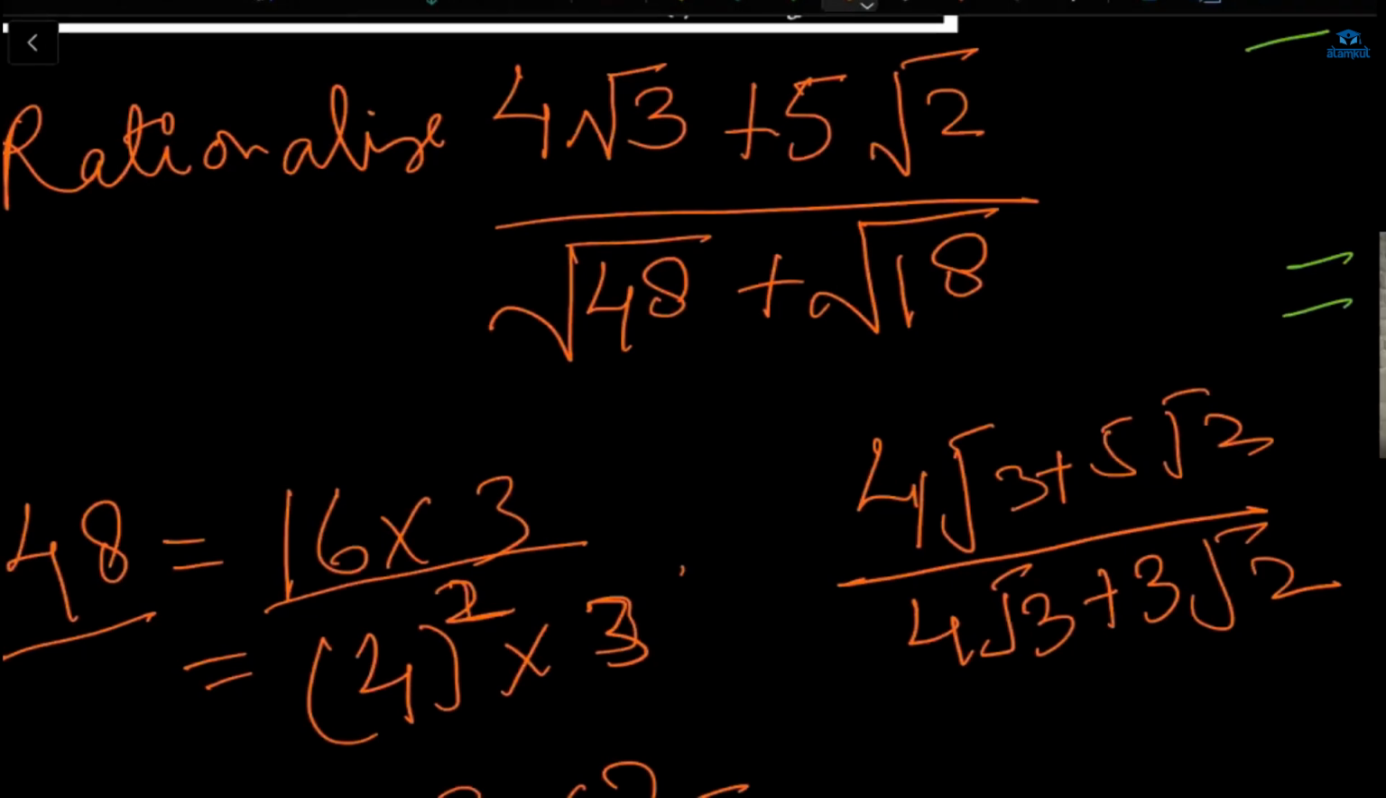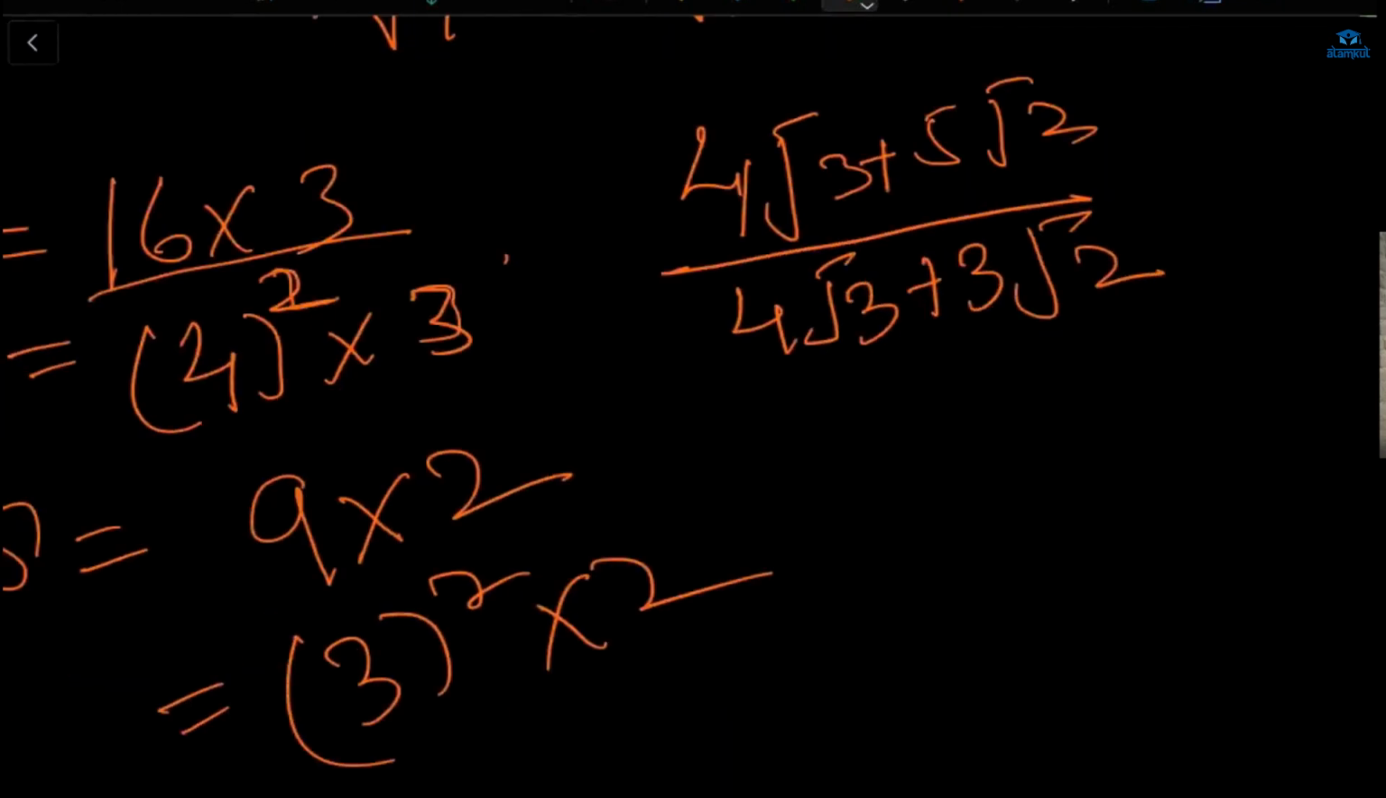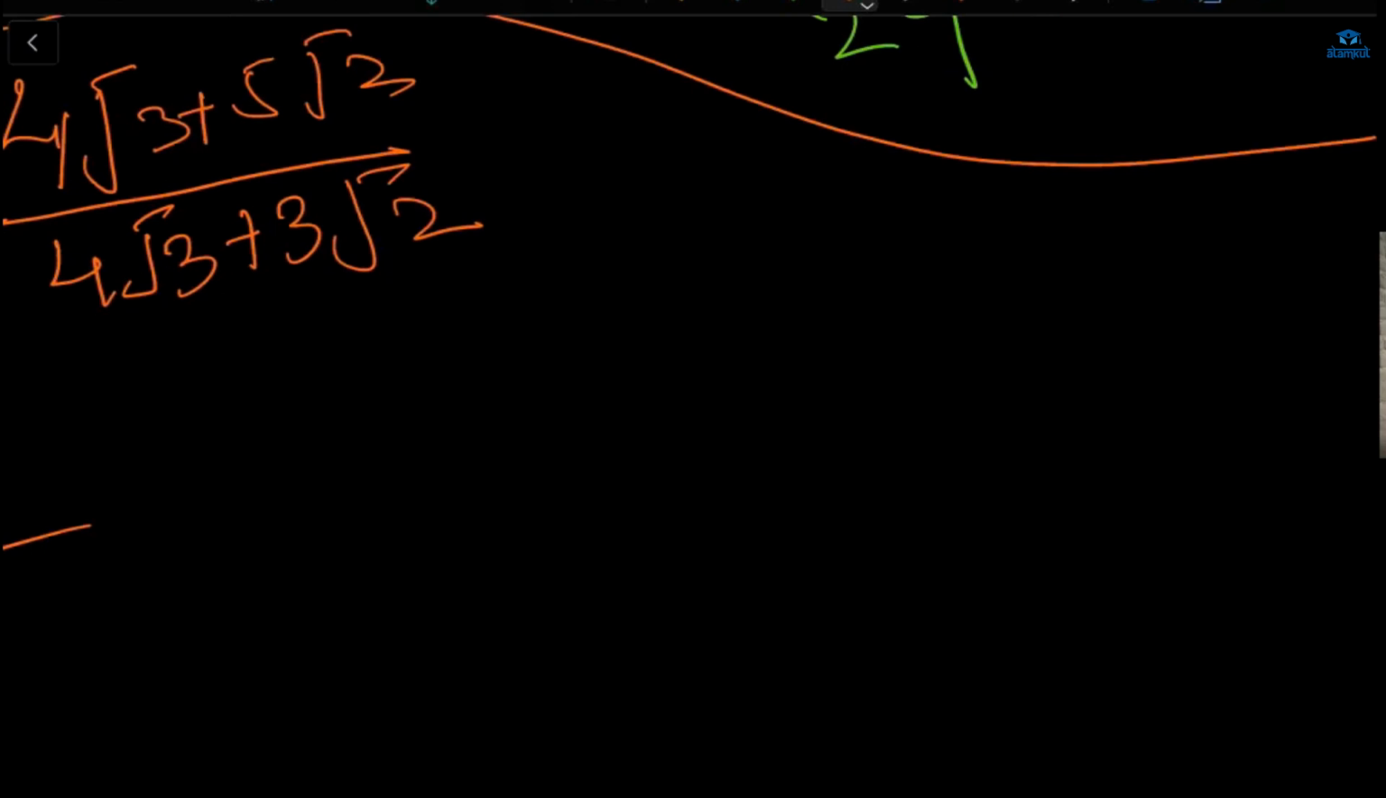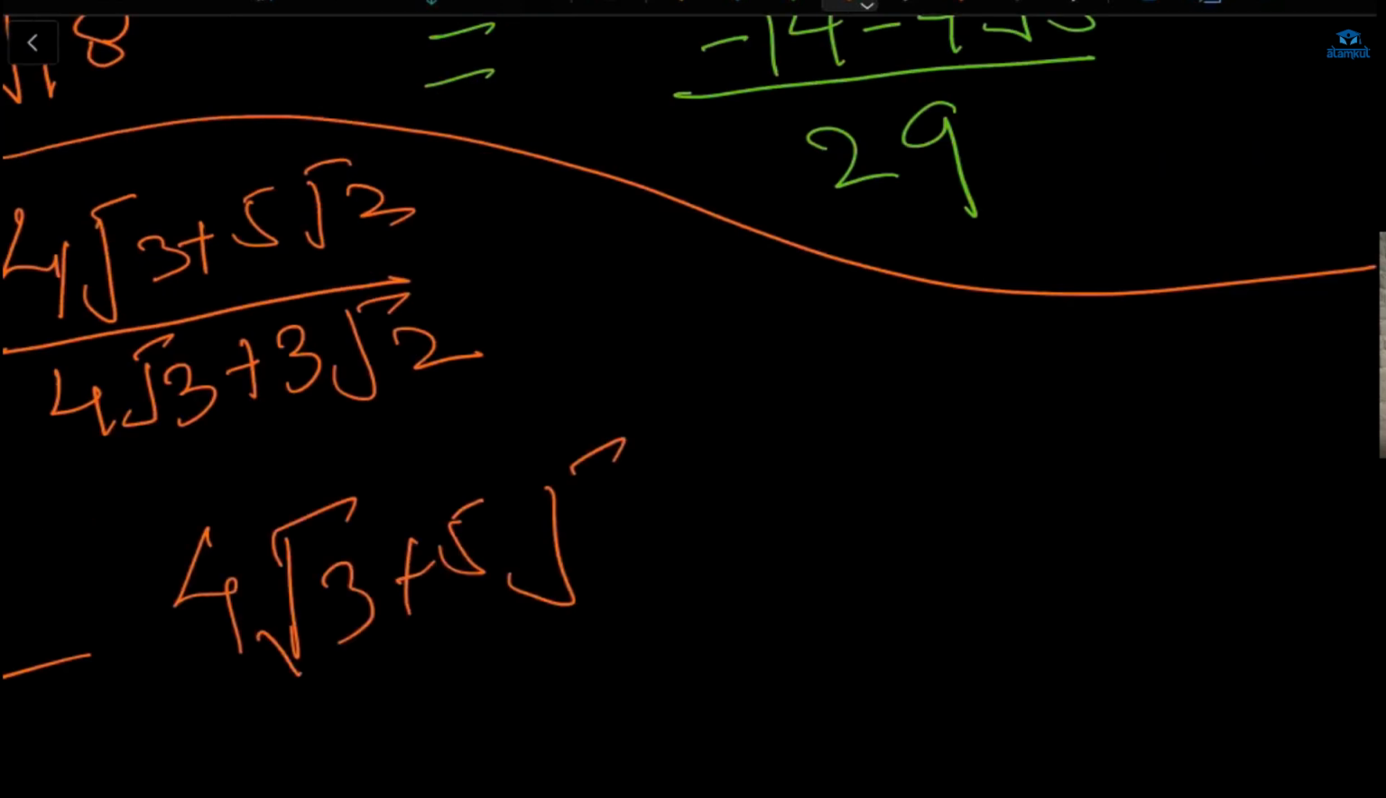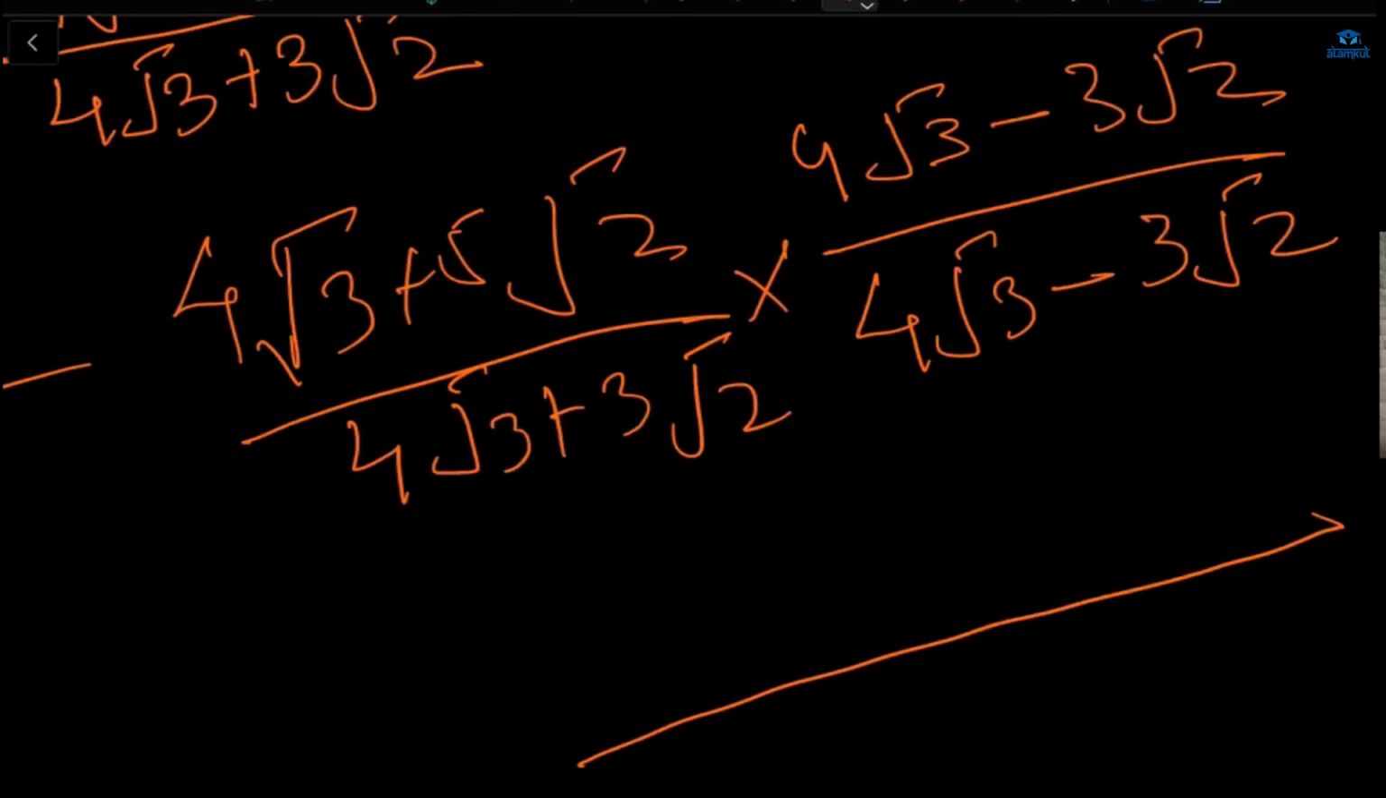Now try to rationalize this value. When a bigger number is there and you can make it a little smaller, then try to do it. So now the conjugate value will be 4 root 3 minus 3 root 2. Now if you will